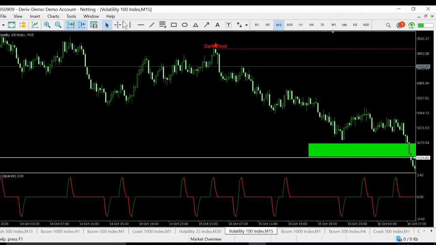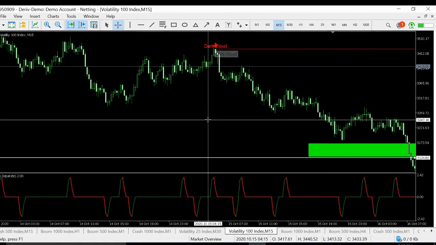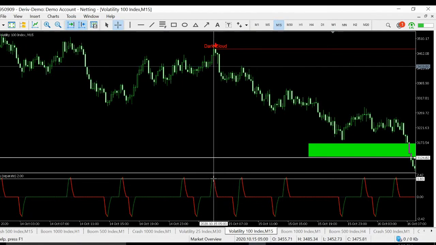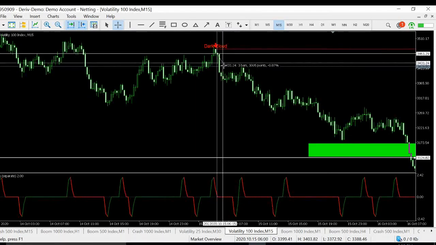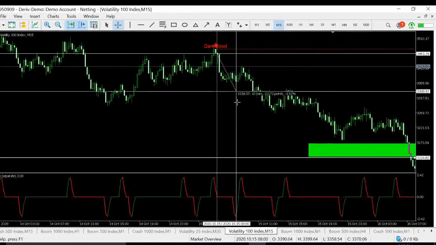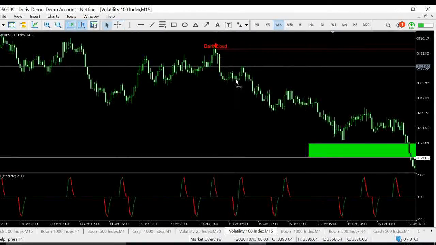All right, now you can see that from here, the candle pattern gives me an indicator and gives me a signal, and then my zigzag indicator also confirmed it. So from here we're going to have an entry. Now our take profit is going to be here. You can see because of the zigzag indicator, we're just going to take profit here.